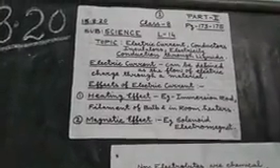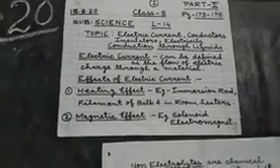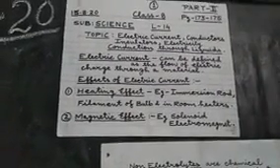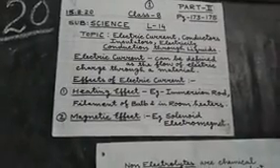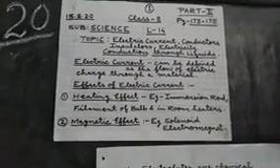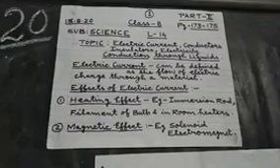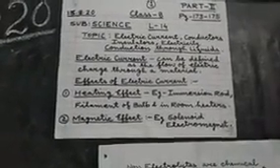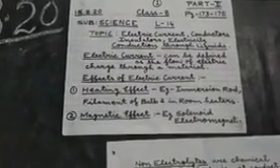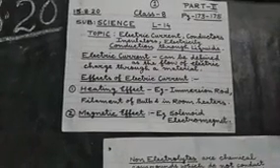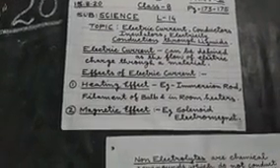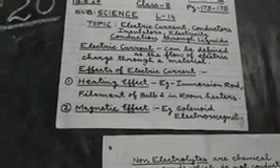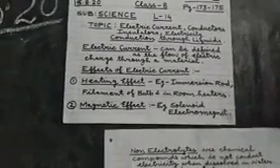Yesterday, we started the explanation of lesson number 14, that is the chemical effects of electric current. This is the first chapter which I will explain in the August month syllabus. Today, in the second part of this class, I will explain page number 173 to 175 of this chapter. But before coming on to the main topic, first we will do a quick revision of what we have discussed in the previous class.